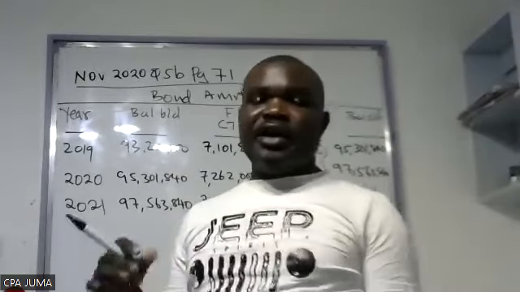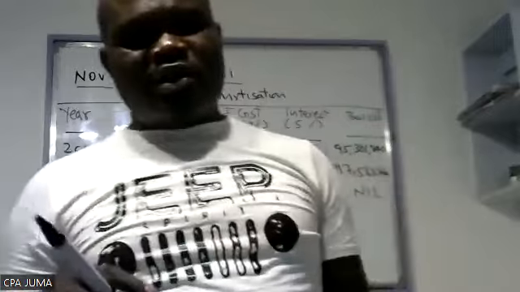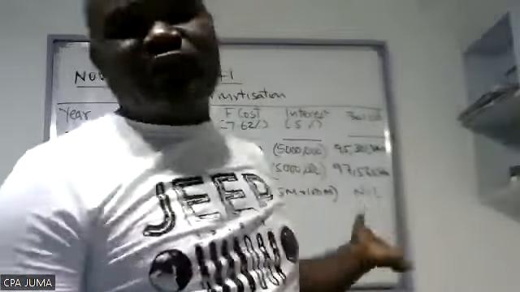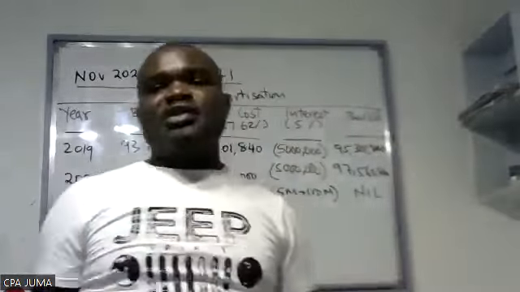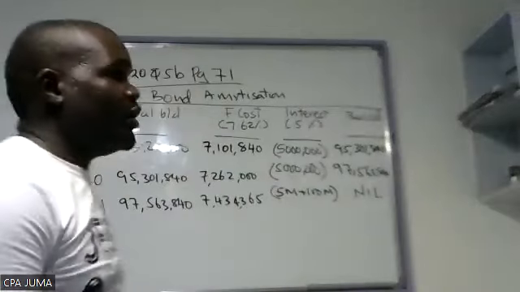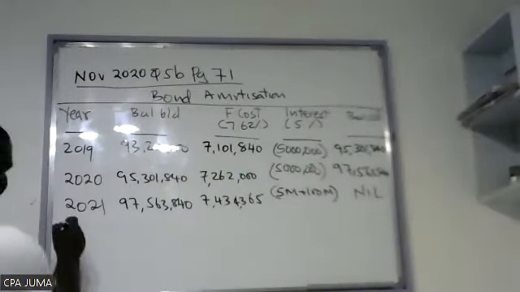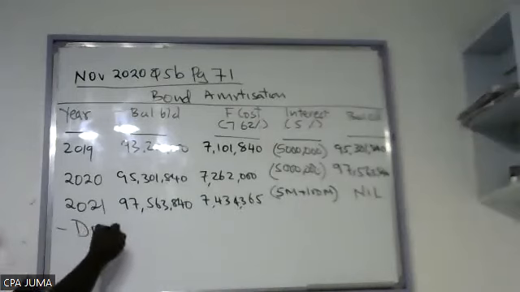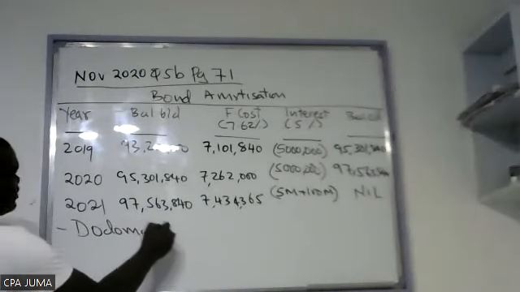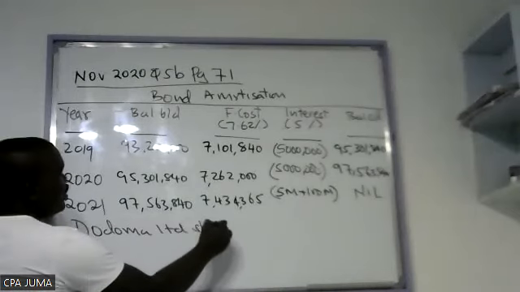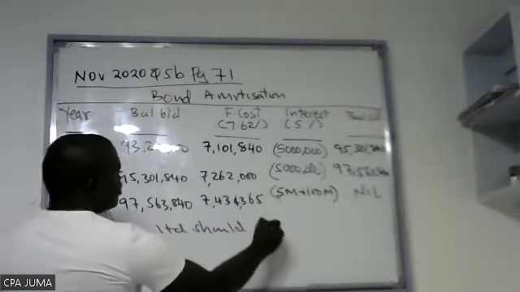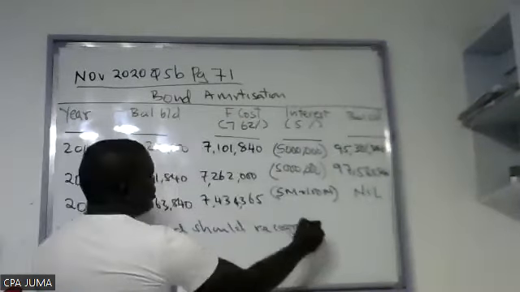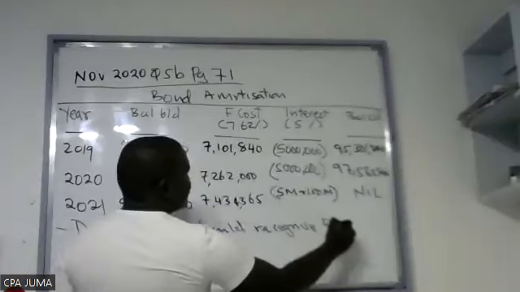Then we explained again about the amortization. We have amortized. Now you need to tell us how to recognize. So now you tell us here, Dodoma Limited should recognize finance costs